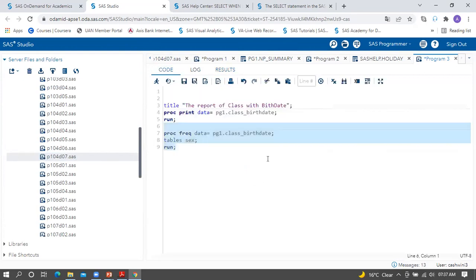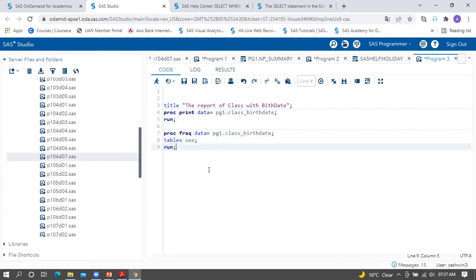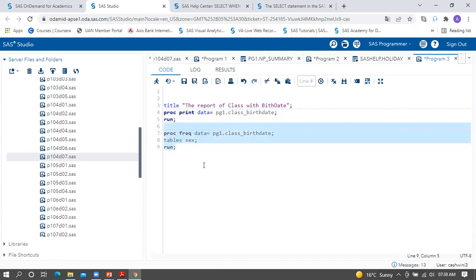Now make a note, as I said, title is a global statement. Its effect is throughout your session, so the title can be effective for your upcoming procs. But in SAS Studio, the software is developed in such a way that the effect of this proc print title is not coming with this frequency. Otherwise, this title would have been repeated for this frequency also. But here in SAS Studio it's not coming, whereas in other software like the SAS 9.4 version and Enterprise Guide,